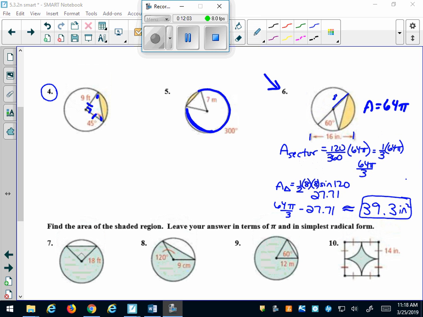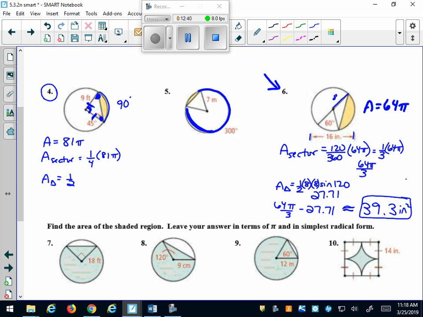Okay, so for this one, since both the radii are the same length, if this little angle's 45, then this angle has to be 45 as well, which makes our central angle 90, which makes our arc also 90. So the area of the circle is 81 pi. The area of the sector is 1/4, 90 out of 360, is 1/4 of 81 pi. And the area of the triangle is 1/2 times 9 times 9 times the sine of 90,